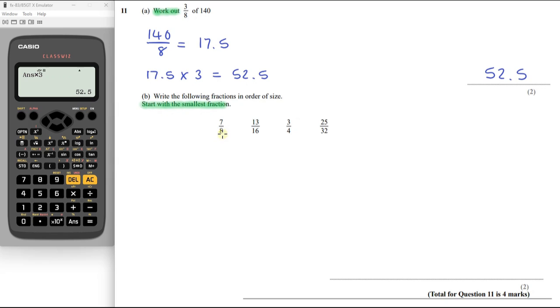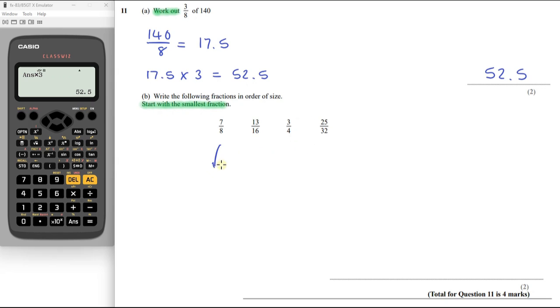So you can see that all of these denominators are factors of 32. So I would find equivalent fractions where the denominators are all 32, and then just look at the numerators and look at which one is the smallest, basically. But because we've got a calculator, there's a much easier way of doing this. All we need to do is type in these fractions into the calculator, and it will tell us what the